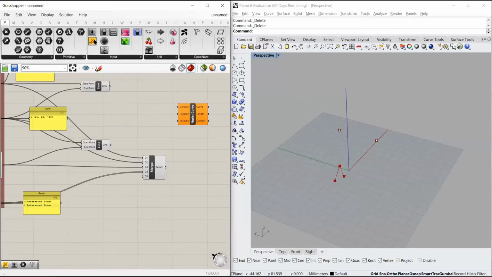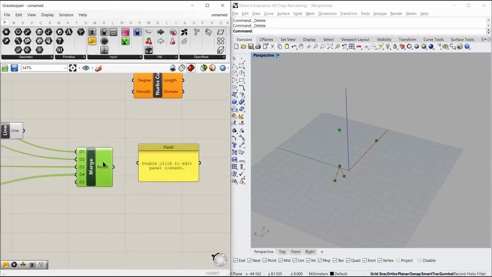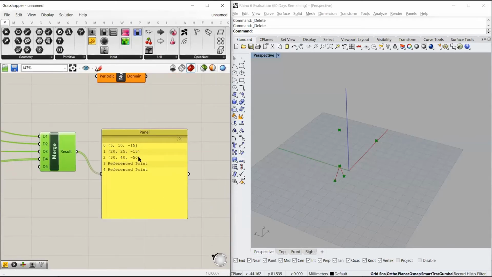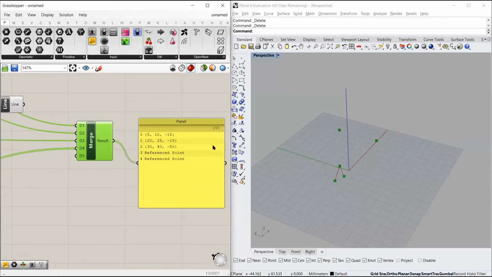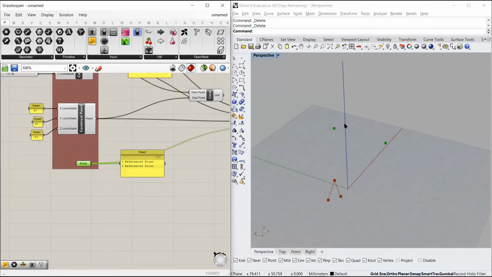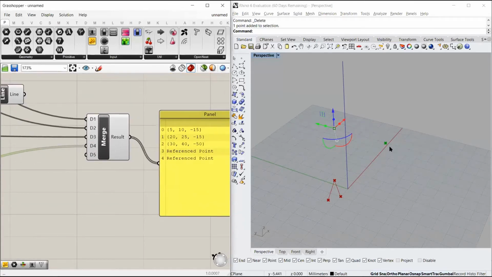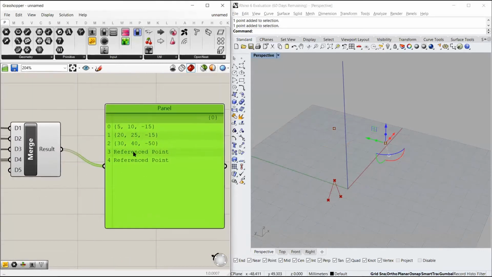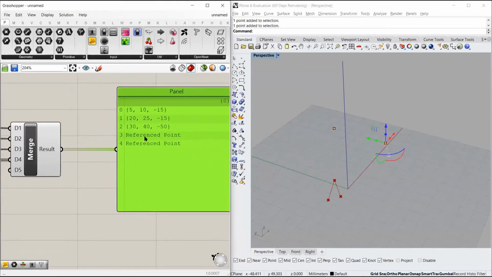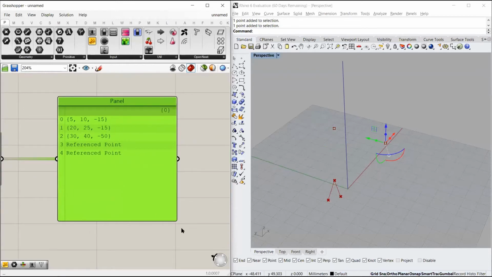And now if I read the output of this, you see it gave me the first point, second point, third point, and its coordinates, and the last 2 points in order of the reference. So while referencing, if I choose this point first, the index number of this point would be prior to the index number of this point. So this is the output as read in a list.